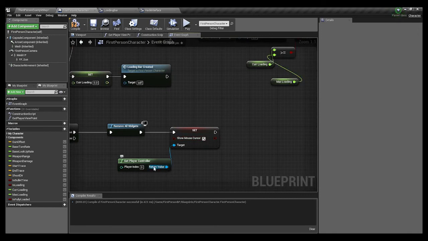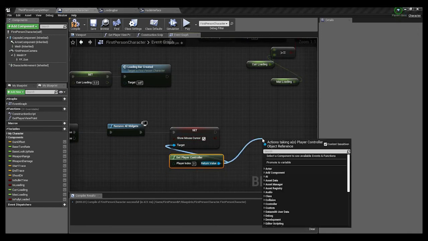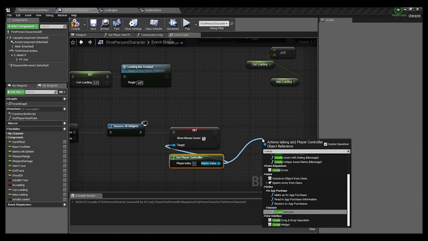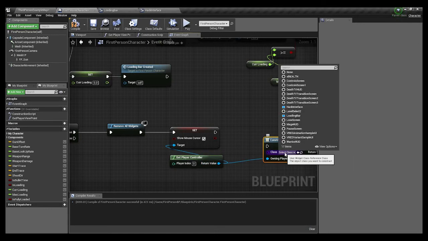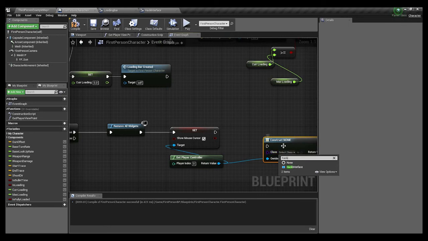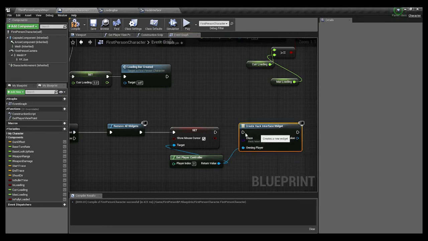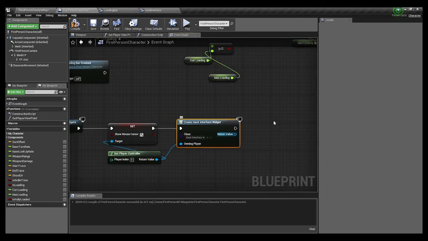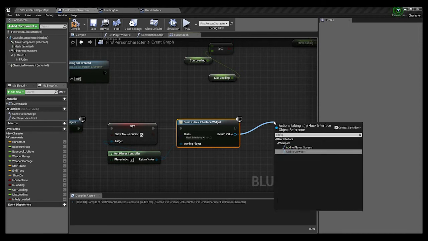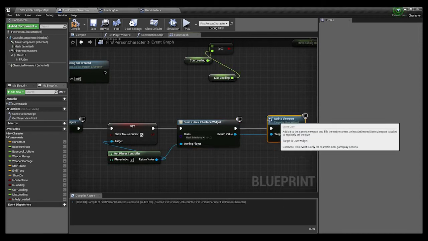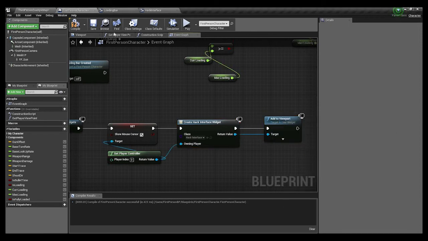From there, we will then create widget, and it'll be hack interface. And then finally, we will add to viewport. So now once this is fully loaded,